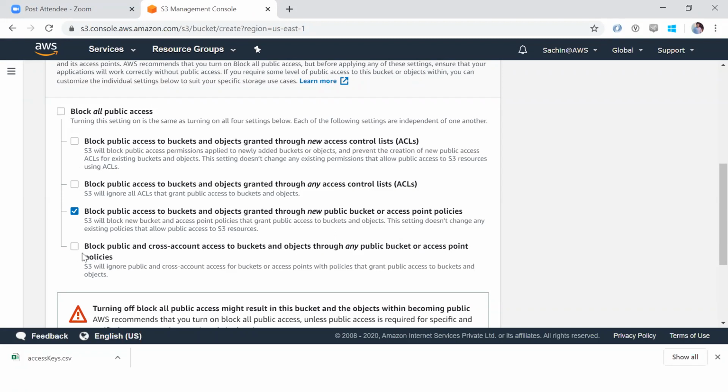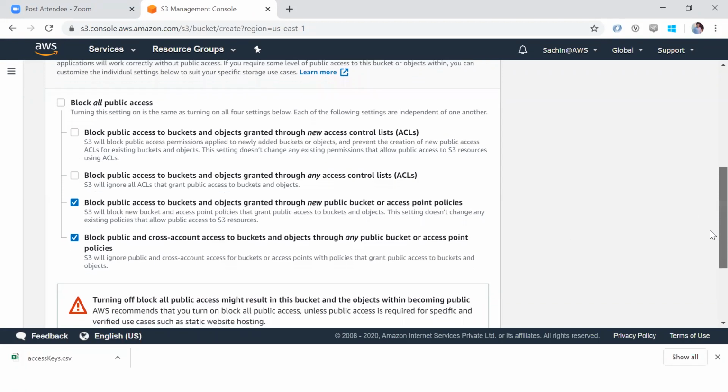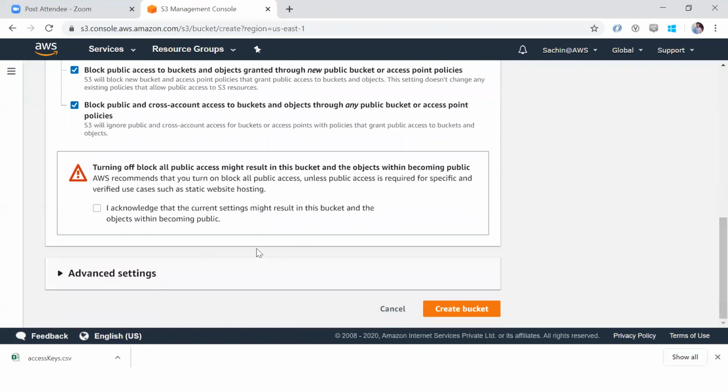I don't want this for now. This cross account access, I don't want this for now. So I have turned these off, but I have checked the other things. Okay, so I go and I,